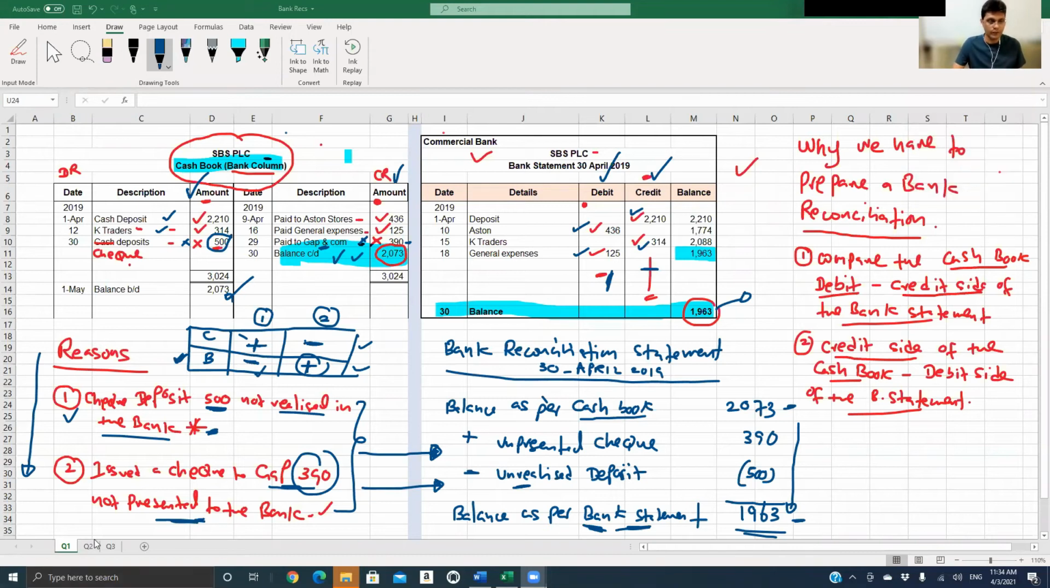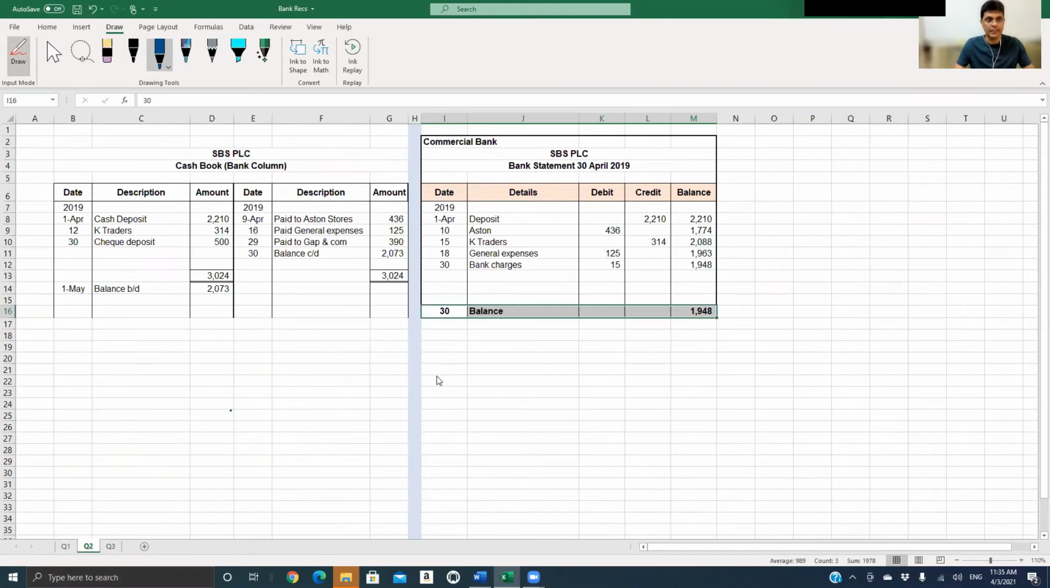So now we'll continue. We'll move on to the second question. Second question, the same thing. I have just done slight changes. Okay. Now you are given the cash book, the bank column is given, and the commercial bank has